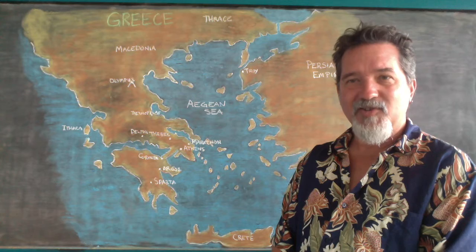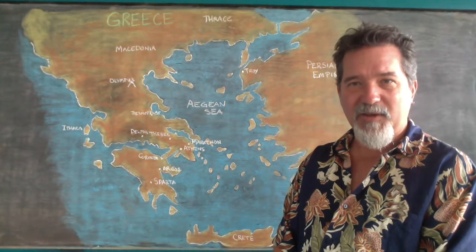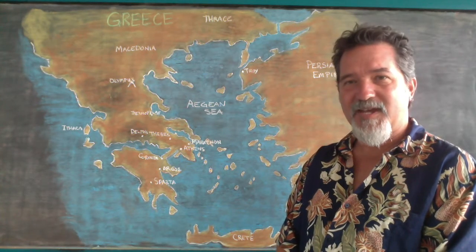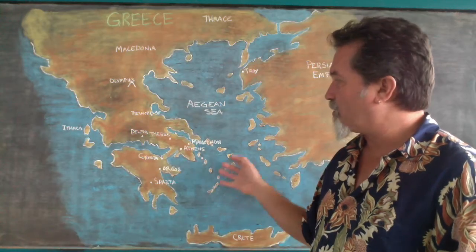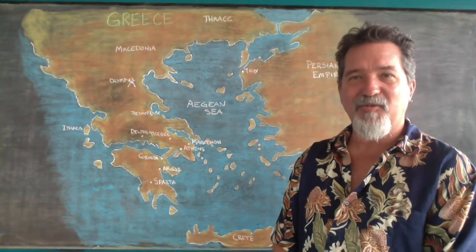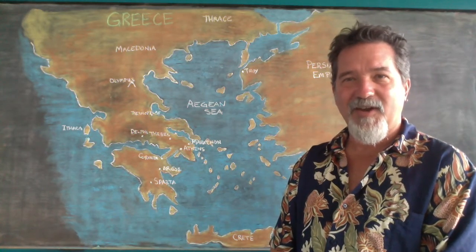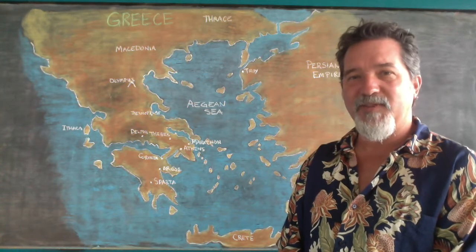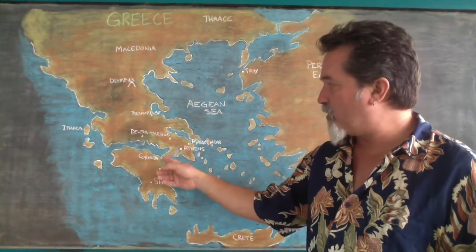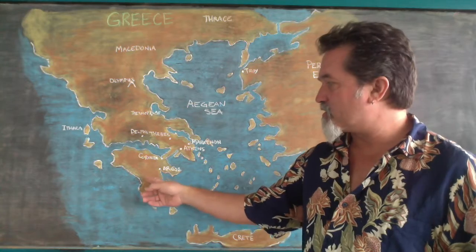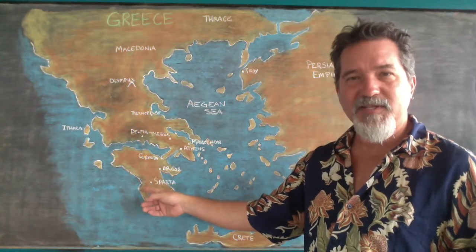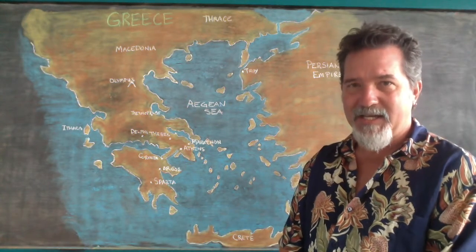And out of there, Jason sailed forth with his ship and his adventurous sailors, and they traveled all around this region, giving many great stories of Jason and the Argonauts seeking out the golden fleece. If we go down from Argos, down to this lower part of this peninsula called the Peloponnesus, we have the